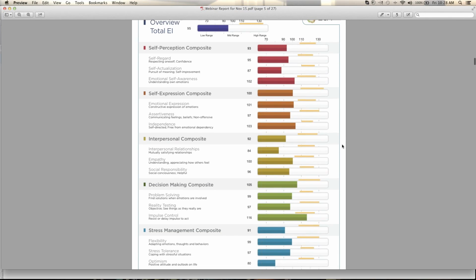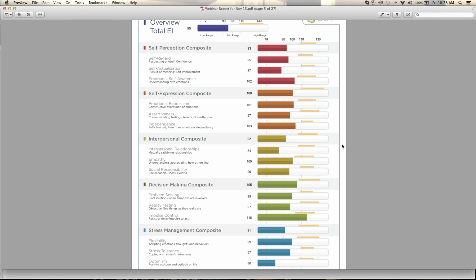Here is the overview of scores for this individual, and we could go up and take a look at the total EI score for this person and say that it's just 5 standard score points below the mean, and so it's still within the effective functioning range and doesn't signify any big issues for this person with respect to emotional intelligence. Now, put this person in a leadership position and compare this person to other leaders, and now we've got a potential issue, because this person is not where we expect leaders to be based on our little mini norming that was done with this tool.